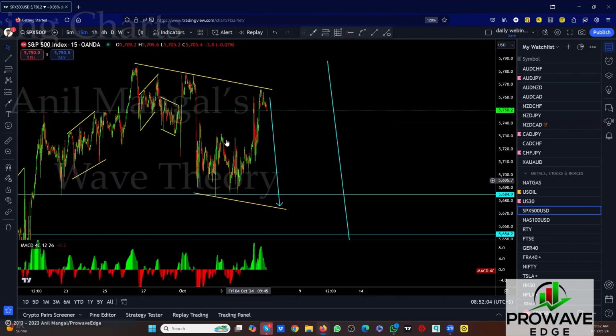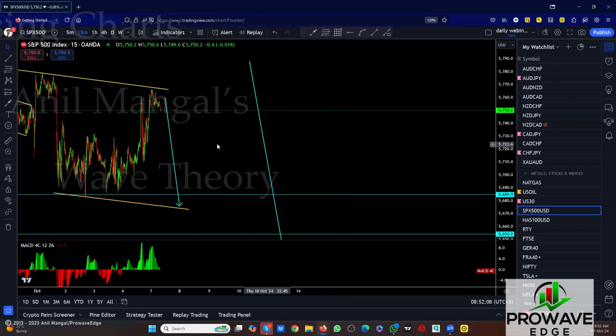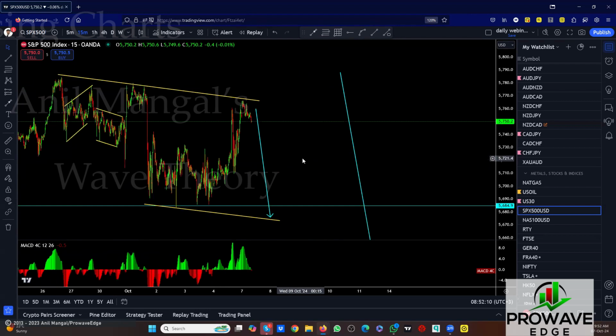This is more of a correction. Right? But a lot of corrections in this one here, right? You can see that. So this is trying to come back down. The question is, is it from here, or can it go one more up and then come? If it's from here, wait for a flag. Right? Once we get a flag, we can go for the sell. So wait for a flag to sell.